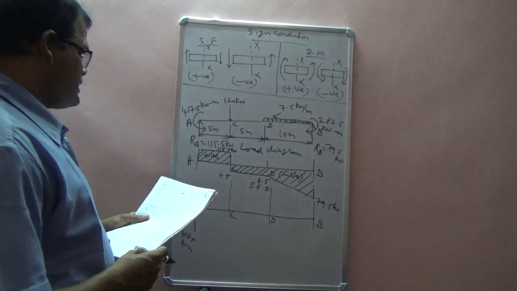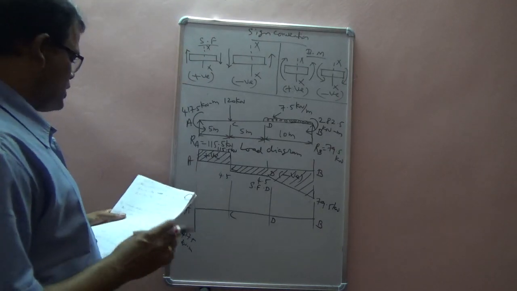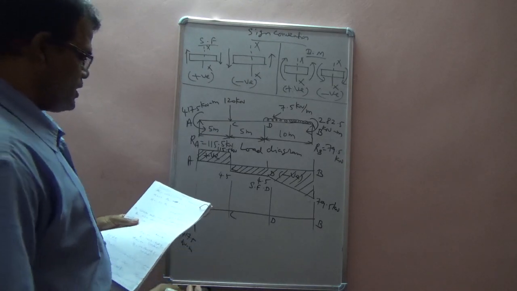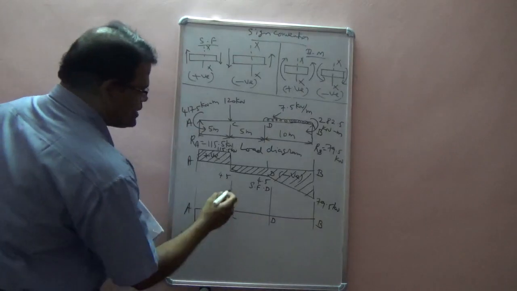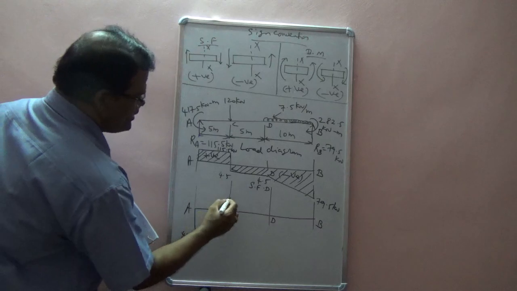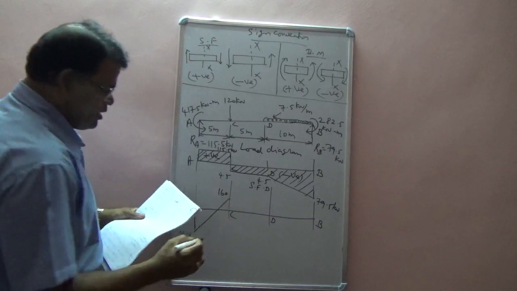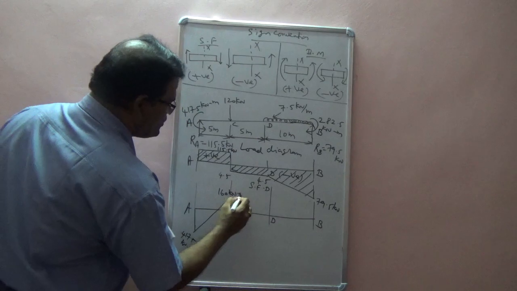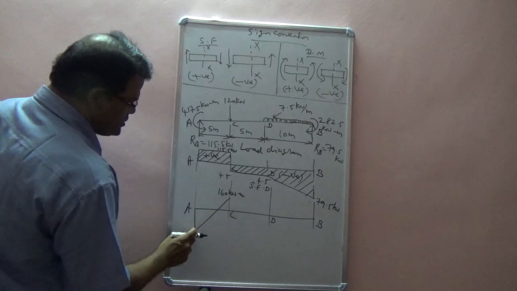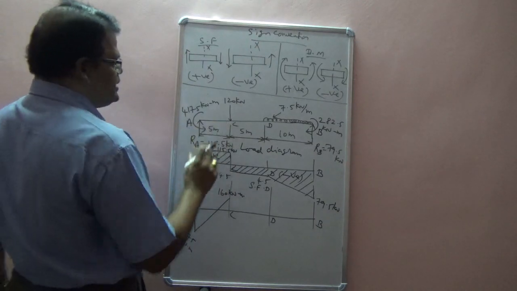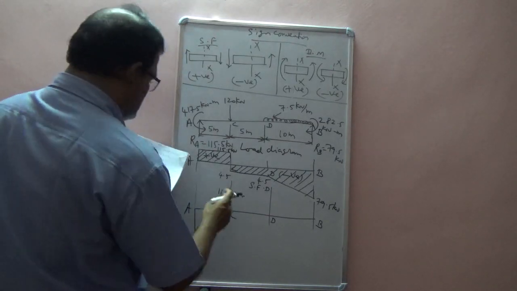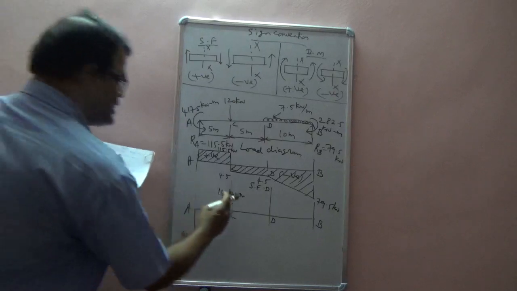Now what is the equation? It is a straight line equation. Therefore it will be straight line. What is the bending moment at the left side? It is plus 160 kilonewton meter. Therefore plus 160, this is 417. It is a straight line. So here it is 160 kilonewton meter. So it is a positive side. So this is 160, and draw that line by straight line, because between AC the bending moment equation is a straight line equation.